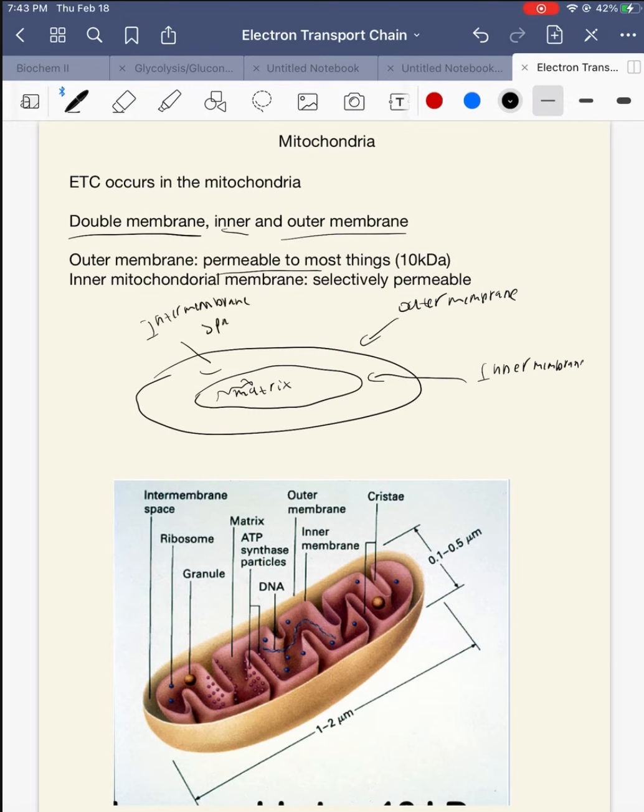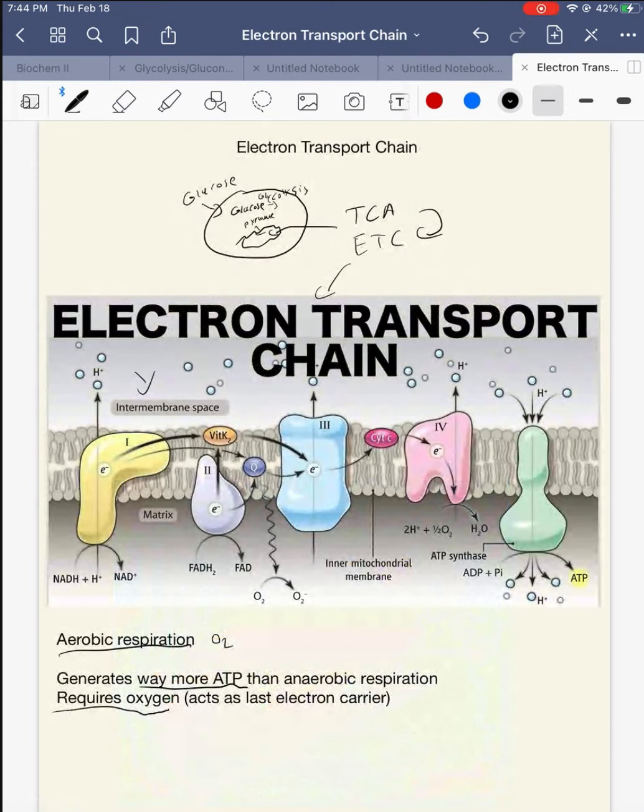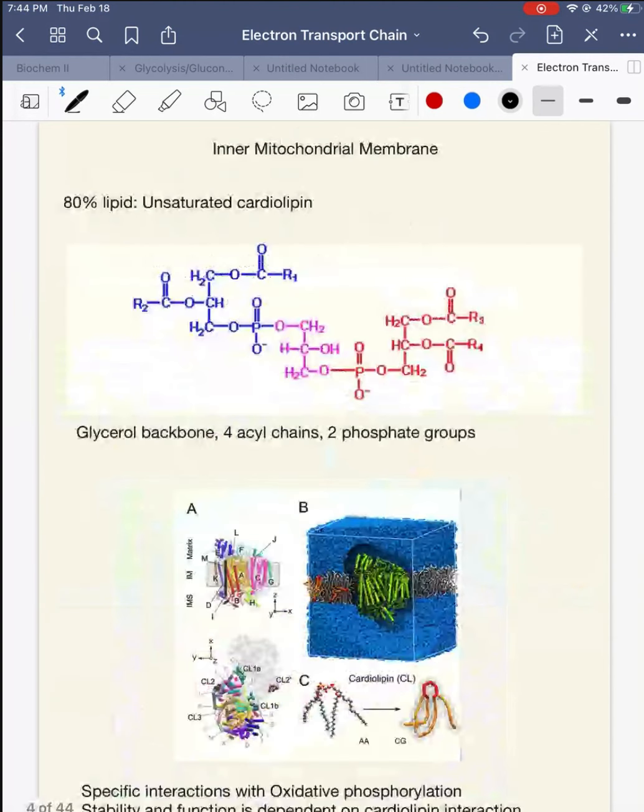space. So all the enzymes for the electron transportation are on this membrane right here, on the membrane between the matrix and the intermembrane space, which is the inner membrane of the mitochondria. If we go back here, so this is the inner membrane space, and inside here will be the matrix. So all our complexes, all of these, are in the inner membrane. So the inner